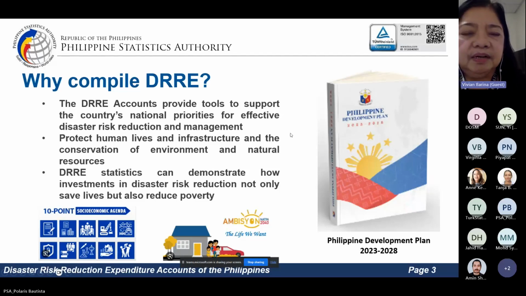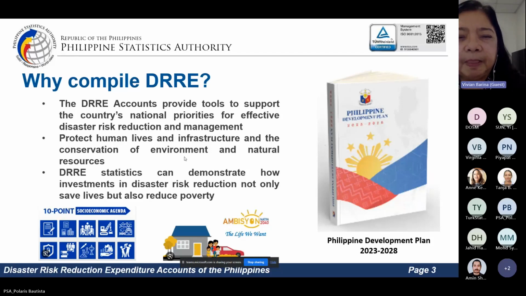So with this, we try to look at some information on how to really come up with statistics for effective risk reduction and management in the country. So DRRE is one tool or a measure to support the country's national priorities. Of course, above all,